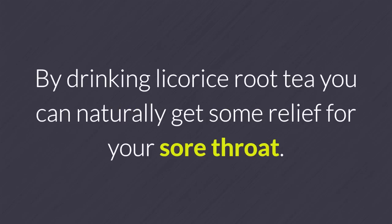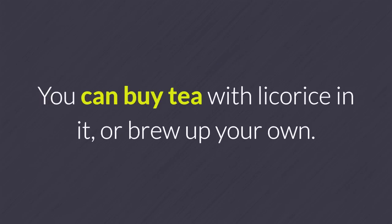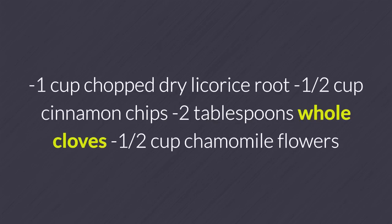By drinking licorice root tea you can naturally get some relief for your sore throat. The antiviral and anti-inflammatory properties of licorice root help reduce swelling and irritation, and soothe the mucous membranes in your throat. You can buy tea with licorice in it, or brew up your own. The recipe below has a few extra ingredients to make this at-home remedy for sore throats taste extra yummy and comforting. You will need 1 cup chopped dry licorice root, 1/2 cup cinnamon chips, 2 tablespoons whole cloves, 1/2 cup